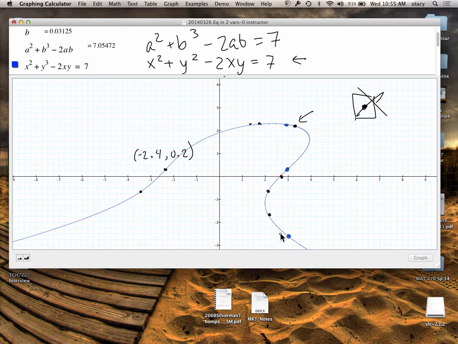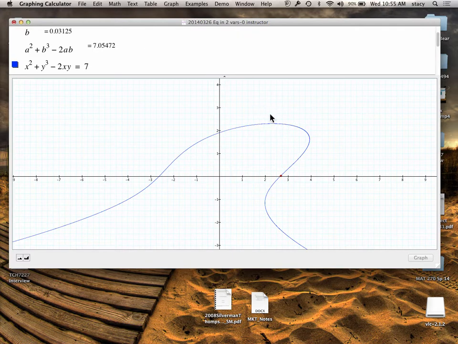Now, something I would be curious about, though, is whether or not I can still talk about the rate of change, okay? So if I just stopped my sentence there, hopefully you would say, Stacy, your sentence is incomplete, okay? So when we've talked about rate of change so far, we've always been talking about the rate of change of what with respect to what. Changes in y with respect to changes in x. Awesome. So my question now is, can I talk about the rate of change of y with respect to x